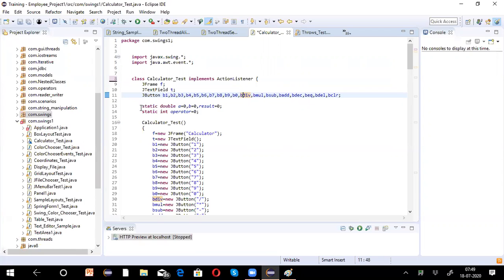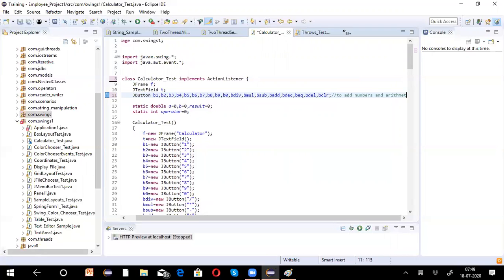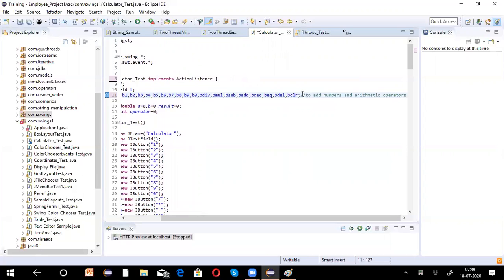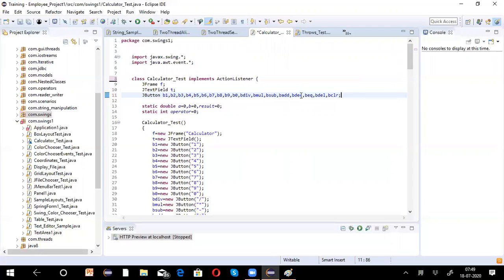Now here we are taking two static variables for calculation of the values and to store operand values. Buttons are used to add numbers and arithmetic operators.